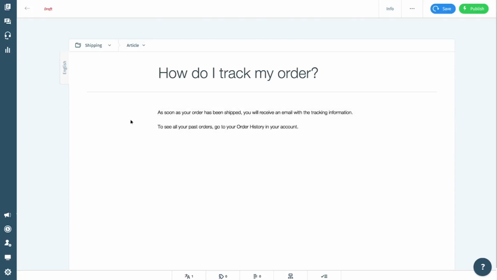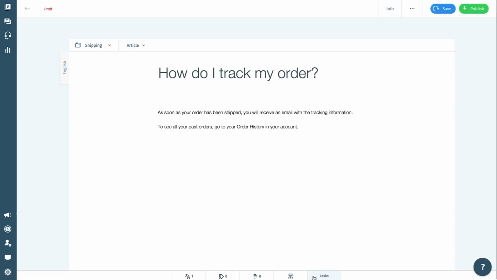You'll see your category here in the top left. You'll also need to choose the article type. Article is the most common, typically used for tutorials or guides. Feature requests are great for collecting feedback or votes from users. And if you want to let users know about bugs or any issues, choose Known Issue. Here, we'll select Article. You can get your articles translated into different languages, add labels, write notes, attach relevant articles,